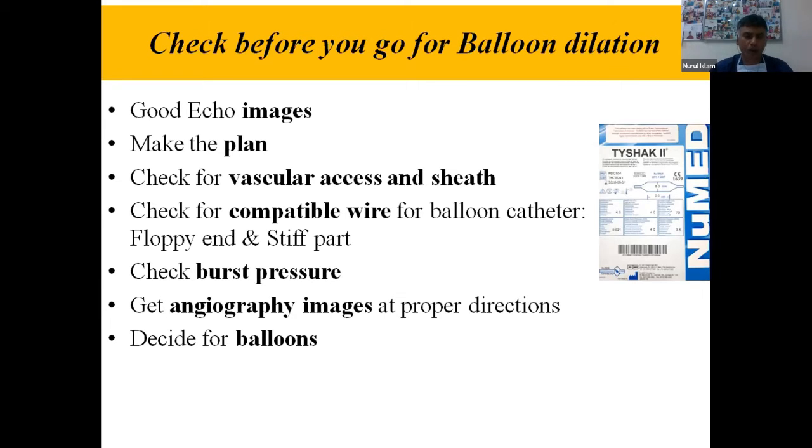And the guide wire is very important, over which the balloon is tracked, because it has two ends. One is floppy and the other is the stiff part. So the floppy part should be adequately inside, and the position is important, because if the floppy part is not deep enough inside the branch or any distal part beyond the stenosis, the balloon will not be stable during the inflation. And you always have to check the burst pressure, because if you exceed the burst pressure, it can cause rupture of the balloons. All this information is very easily available from the packaging, where it is printed outside.